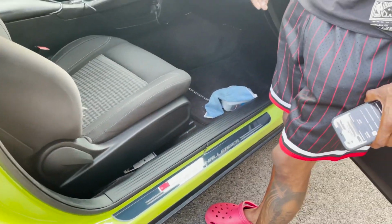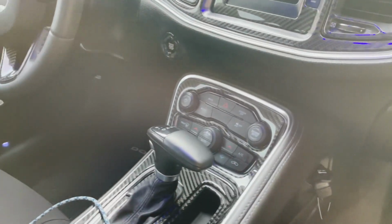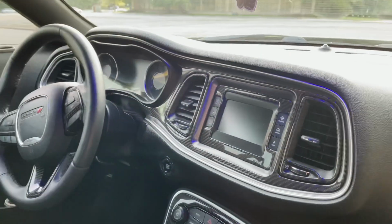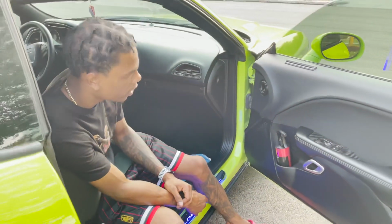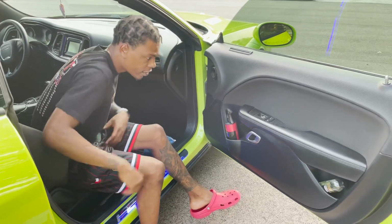But look, I got some carbon fiber already in here a little bit, all around. Up here in the speedometer over there, it's all in here, even around over on the door right here. So I'm just basically about to fill it all in. I got carbon fiber to go right here, right on the seat right here, over here,